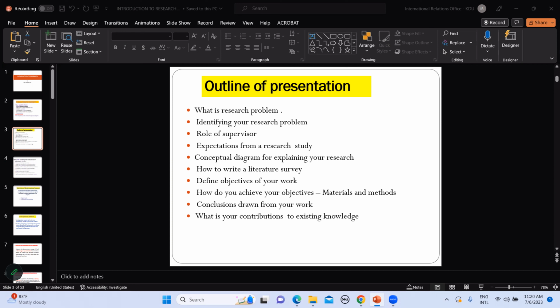And then finally you have to tell us what is the contribution to existing knowledge from your research, even a little thing, not very novel as in MPhil and PhD, but at undergraduate level, at least you have to come up with